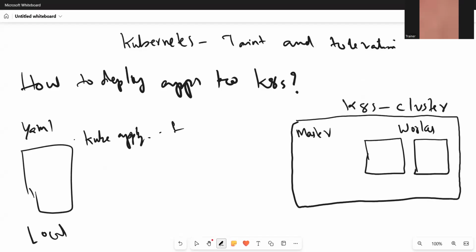Then it will push that file to the API server and authenticate with it. And it will go through the controller and scheduler. Finally, the scheduler will schedule the